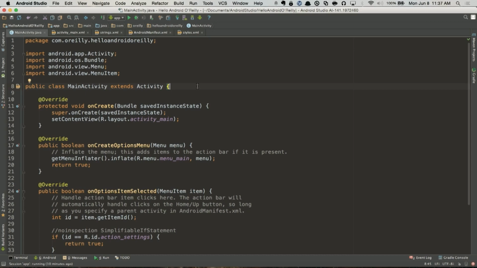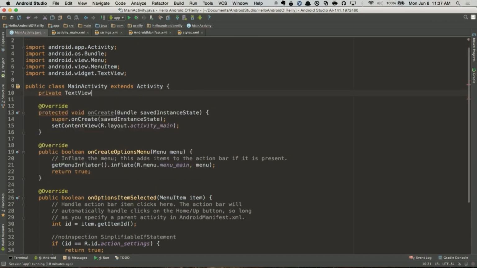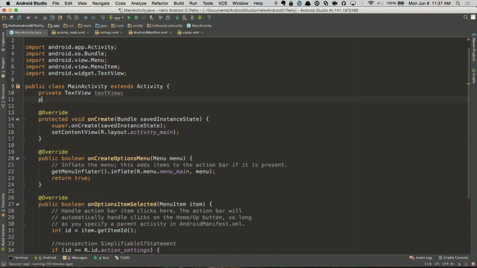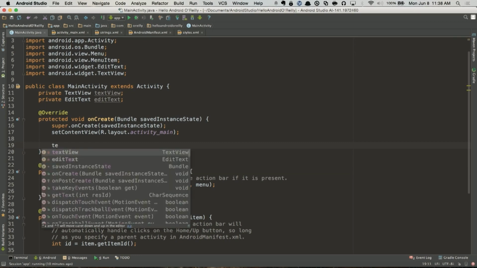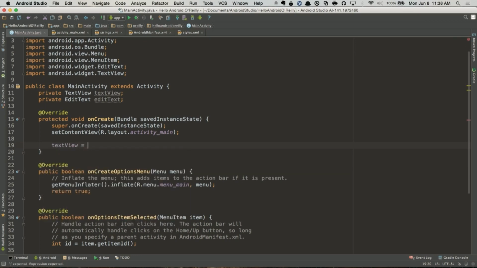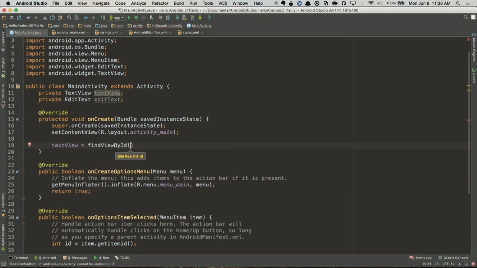So starting with the attributes, here's my main activity. I'm going to put in private TextView, semicolon. I'm also going to put in a private EditText, semicolon. And inside the onCreate, after setting the content view, which will inflate all the widgets, make them all available, I'm going to say the text view is equal to, and the method I want out of activity is findViewById. All of those IDs that I added inside the layout will be available from the R class,